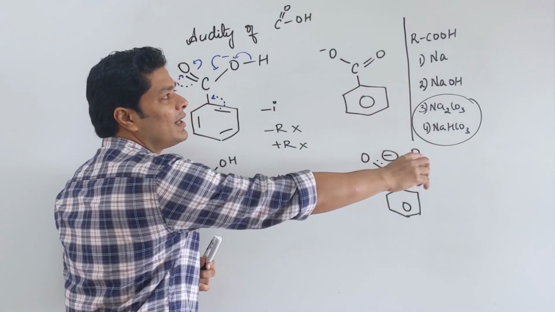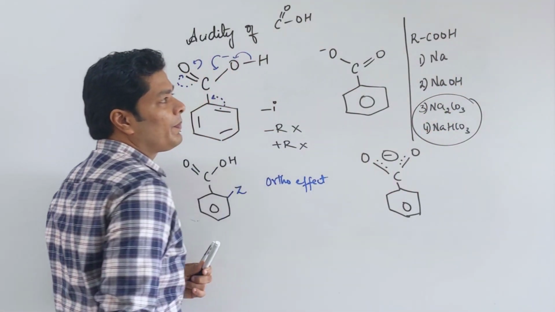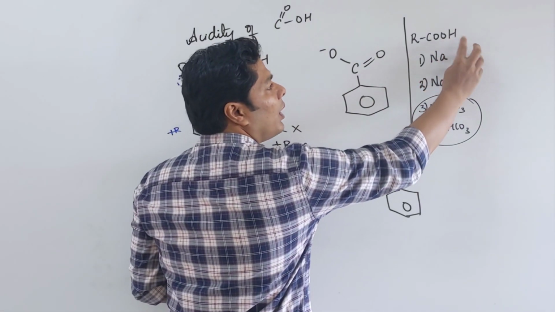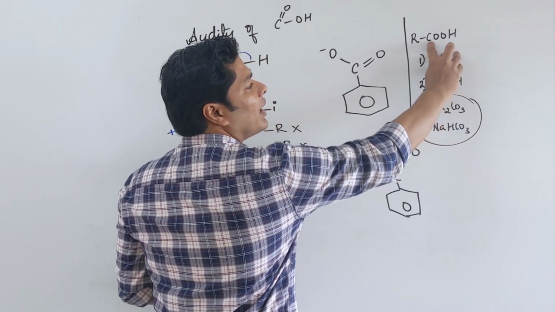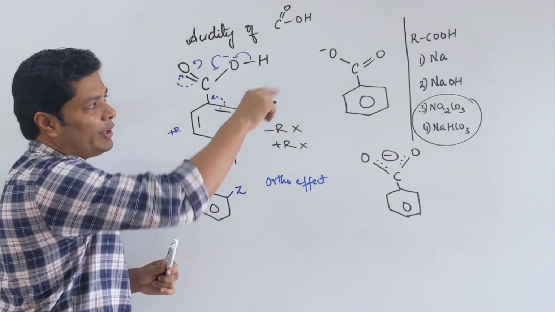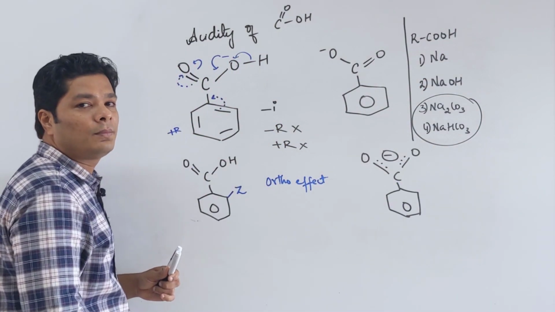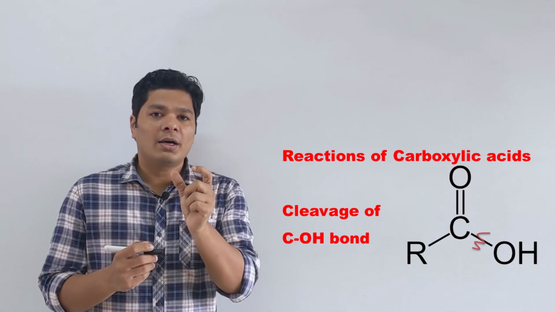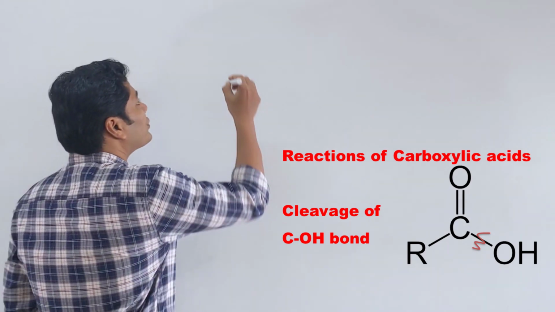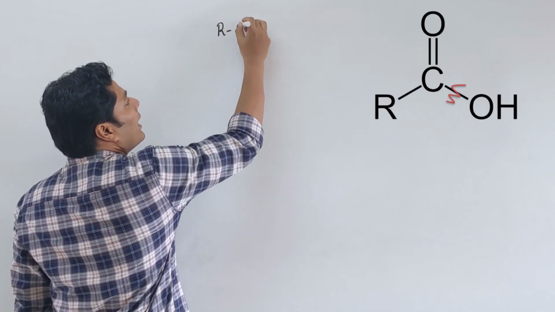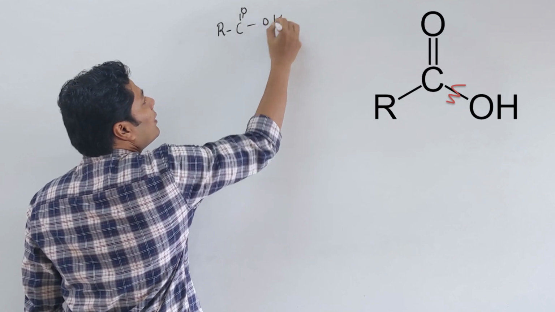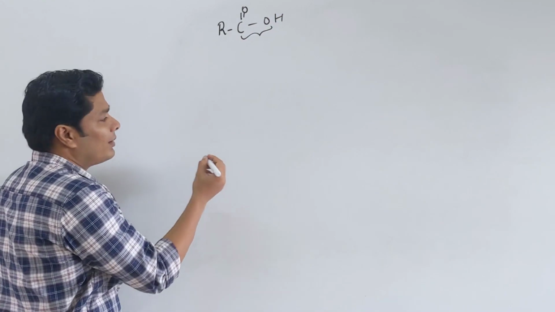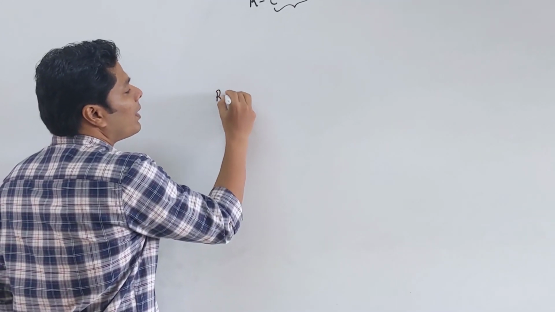These reactions involve cleavage of the OH bond. Acids can give two different types of reactions, cleavage of the OH bond or cleavage of the CO bond, this carbon and this oxygen bond. Let's look into the cleavage of the CO bond. Now, looking into the reactions of the RCOOH group, we will look into the reaction of the RCO bond in particular. Now, we want to go back a little bit and look at R